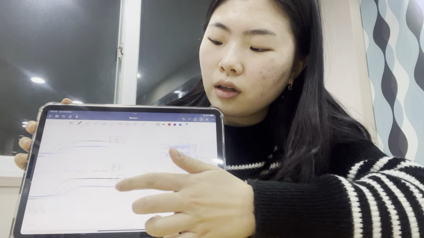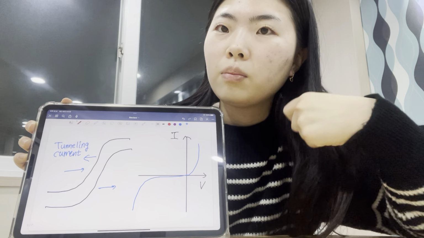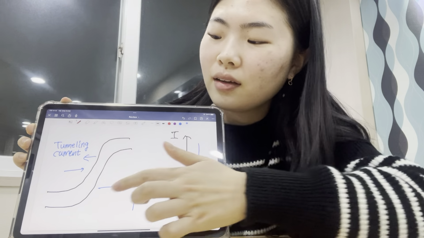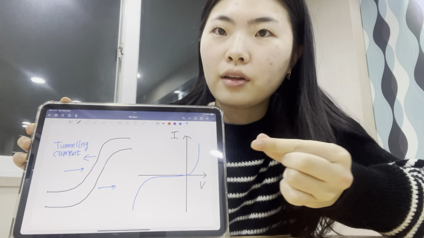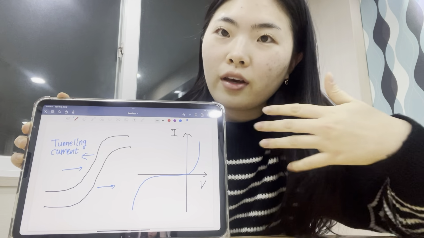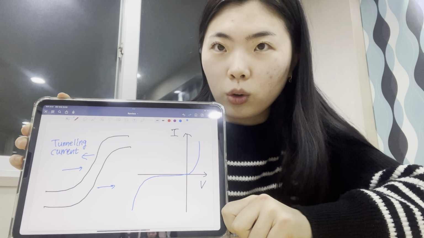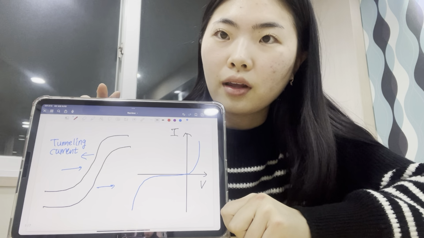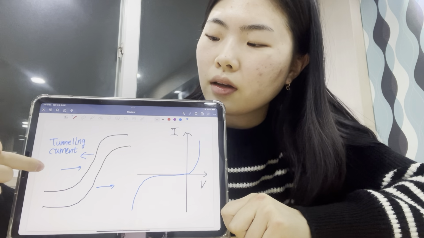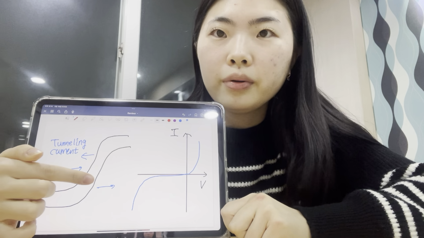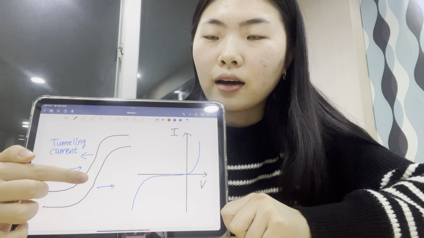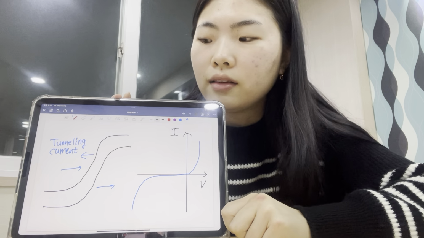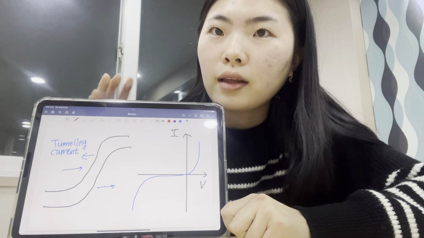So if we apply a high voltage, this barrier will be much thinner than before. If the barrier is thinner, the current can jump to the right side or left side easily, because the barrier is very thin. So we call that situation